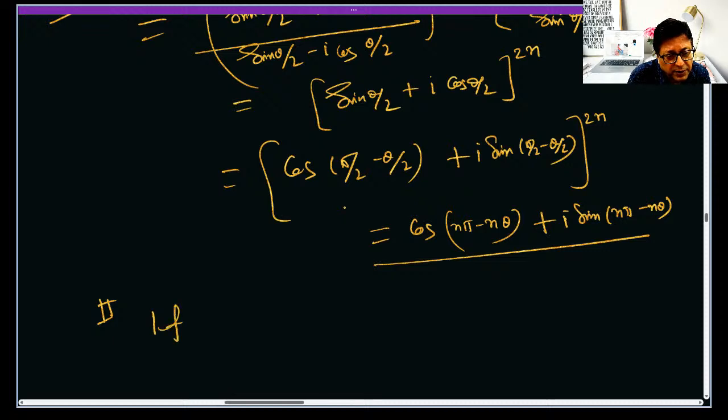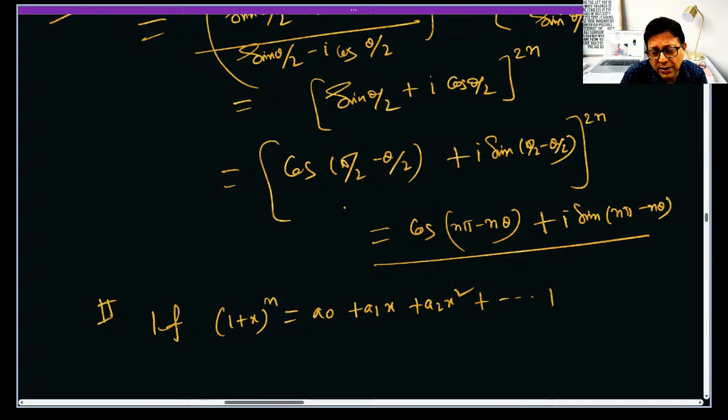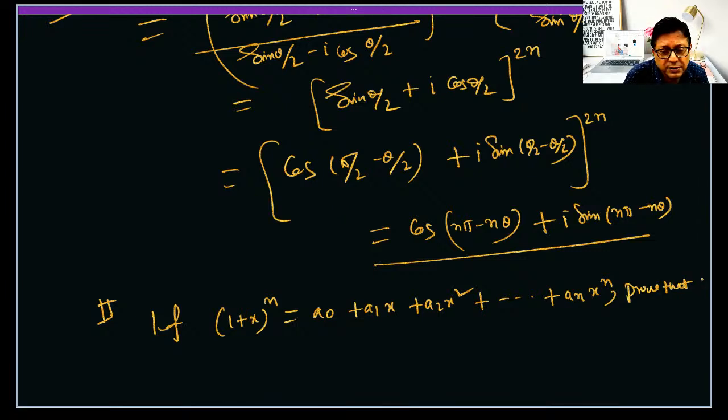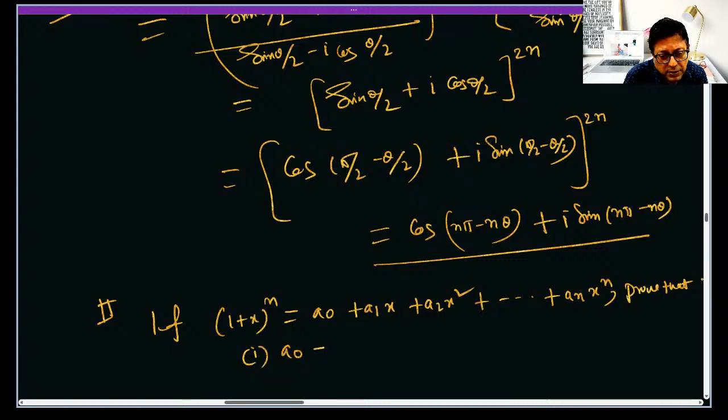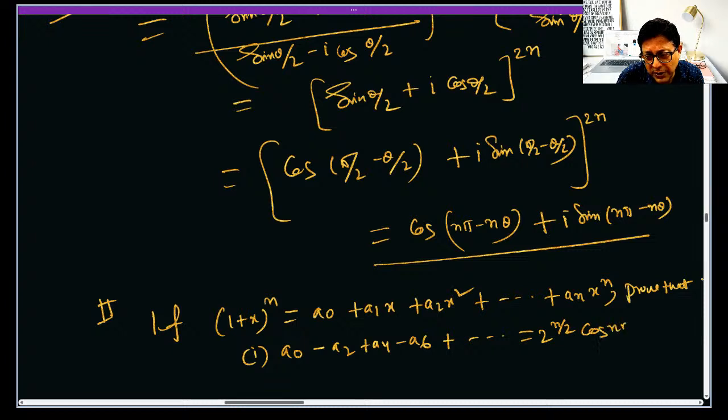If 1 plus x to the power n equal to a0, a1x, a2x square, and so on, then prove that a0 minus a2, a4 minus a6, and so on, equals 2 to the power n by 2 cos n pi by 4,